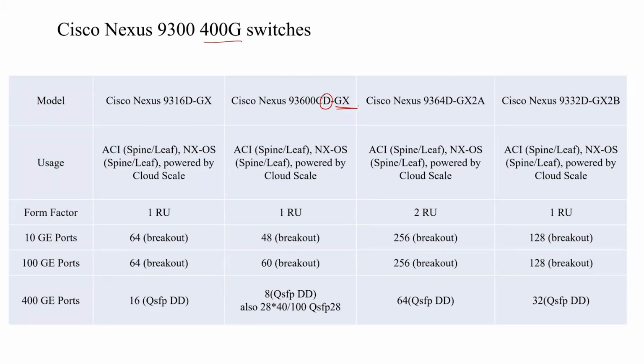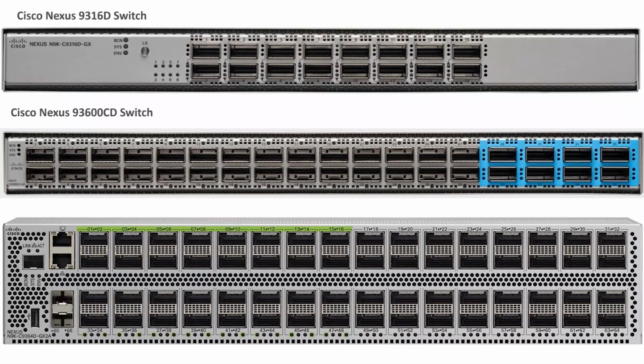GX is the ASIC for the 400 gig model. There is FX ASIC for the 100 gig model. Okay. So this is pretty much to show you the various switch models that we have,